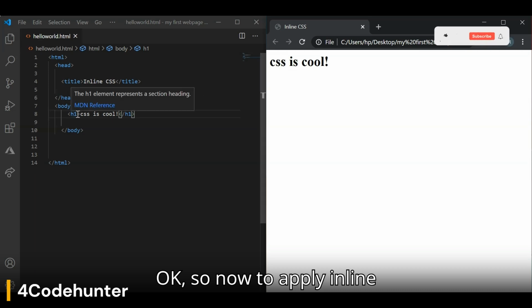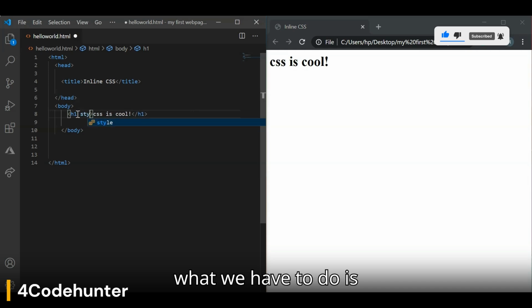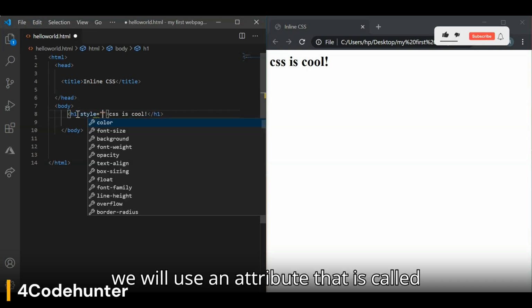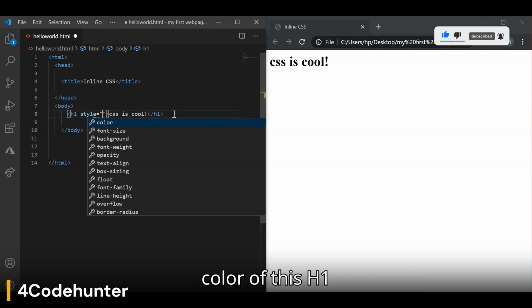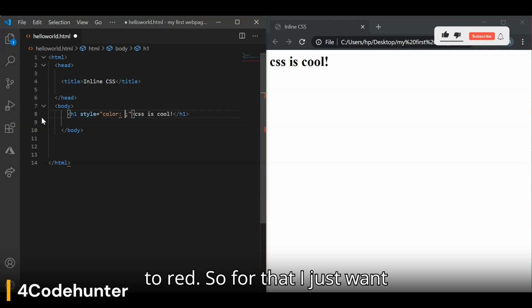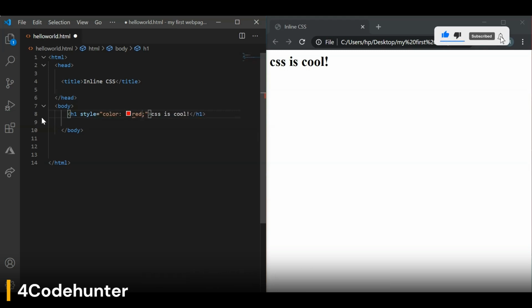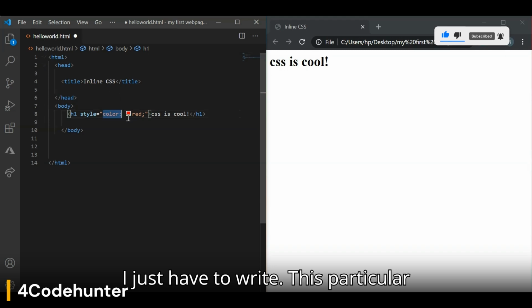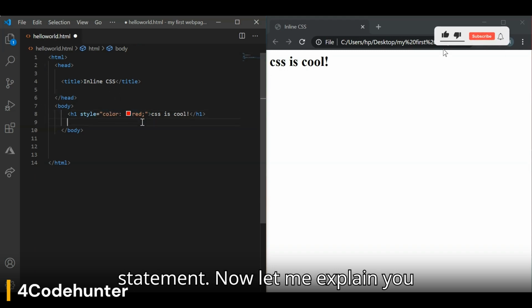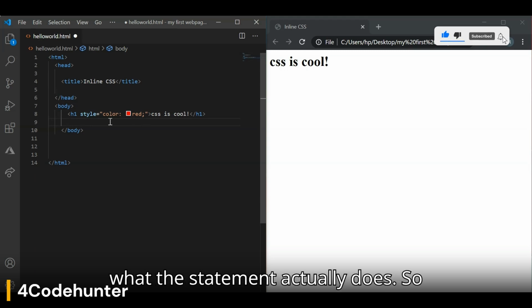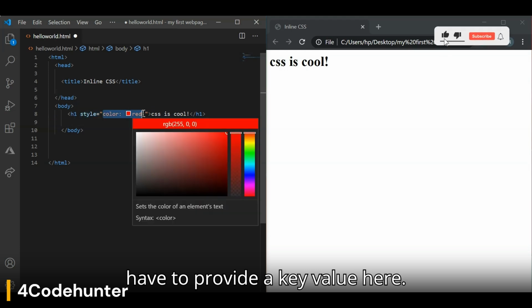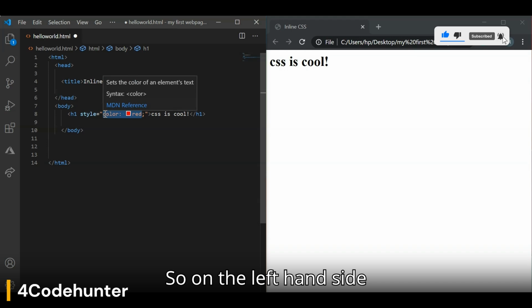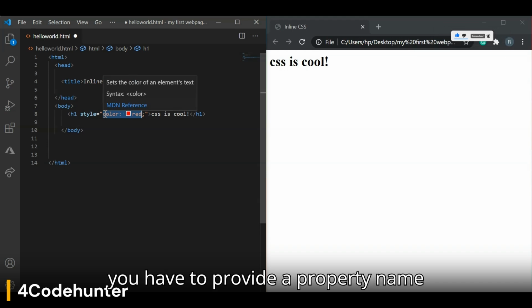Okay, so now to apply inline CSS to this h1, we will use an attribute called style. Let's say I want to change the color of this h1 to red. For that I just have to write this particular statement. Now let me explain what the statement actually does. Inside the style attribute you have to provide a key value pair, where on the left hand side you have to provide a property name followed by a colon,